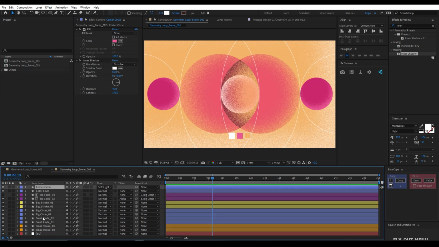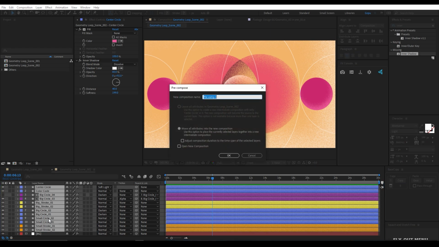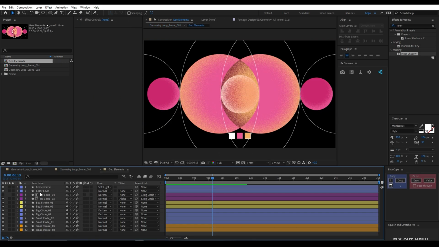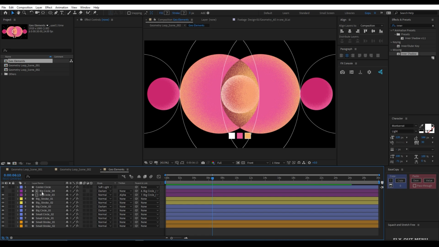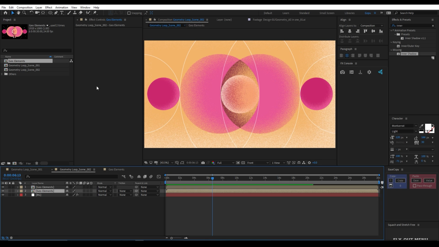And now I'm gonna select all the layers except BG. I'll pre-comp all the layers, and let's say Geo Elements. I'm gonna delete the color code layer, and I'm gonna duplicate this pre-comp, and I'll add